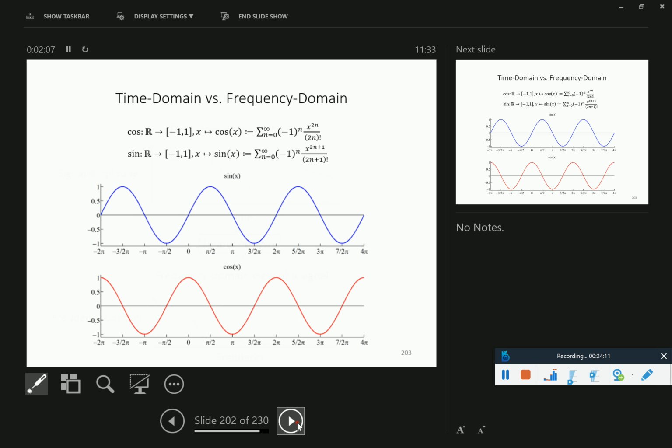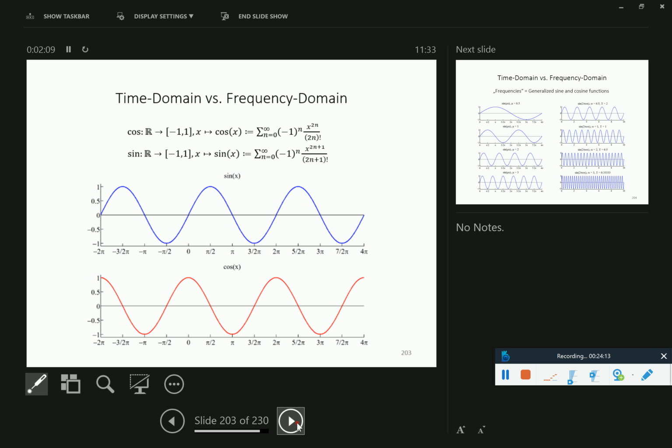So the math, as I said, you can see in the winter term if you attend the course again, or maybe then watch the videos. The aim is really to represent signals by means of cosine and sine waves. But the standard cosine and sine, as they are plotted here and given also in the series form, so this is series meaning an infinite sum,